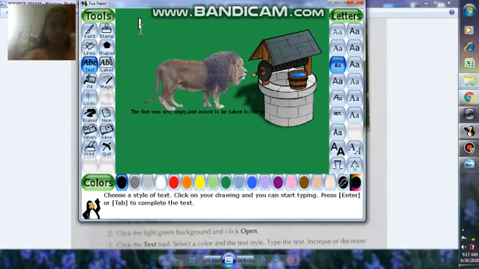Okay, now write the text here. What is the text written here? I'm going to choose this one so that you are able to see more finely.